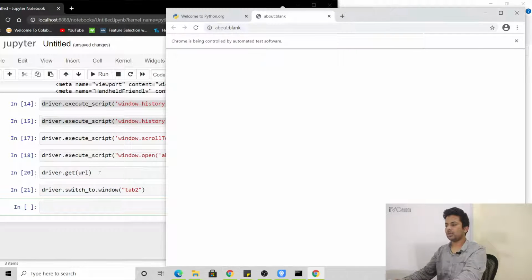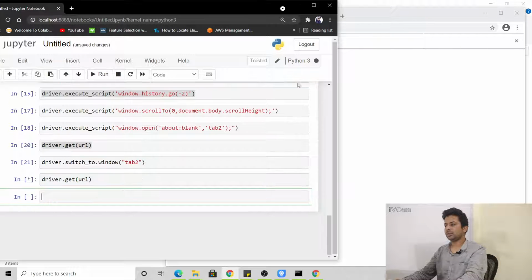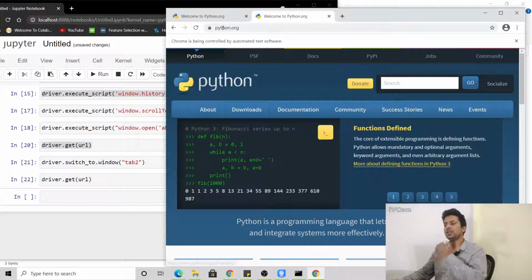Now see, if we do driver dot get URL again this time, see, now it's opening in this page, whereas before it was opening in the other page. So that's the way you can switch between tabs. Okay,